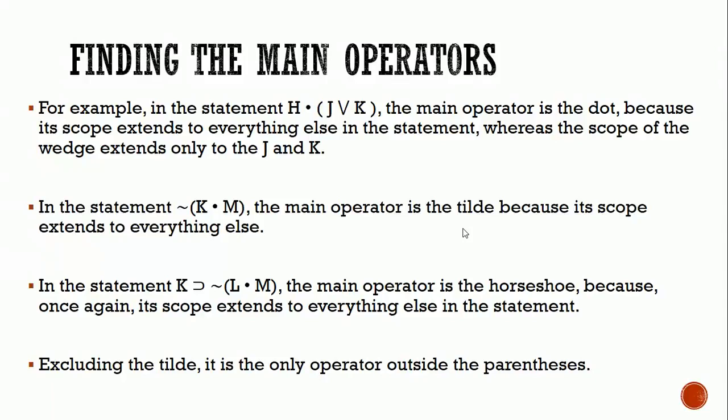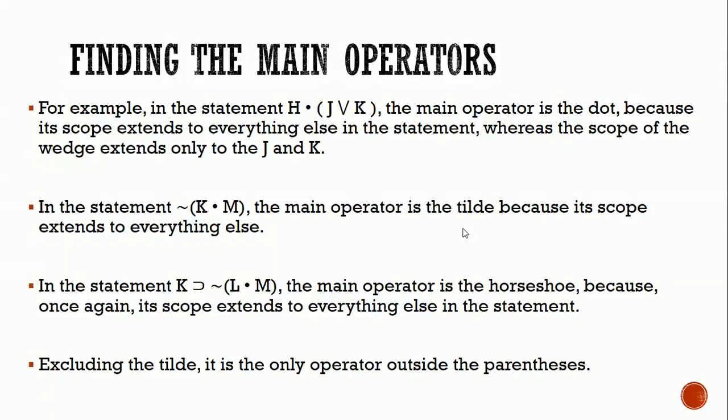All right, what do we have here? We look, the main operator is the dot because the scope extends to everything else in the statement, whereas the scope of the wedge only extends to the J and K because they're in parentheses. You see that? In the statement not K and M, the negation of the conjunction of K and M, the main operator is a tilde because the scope extends to everything